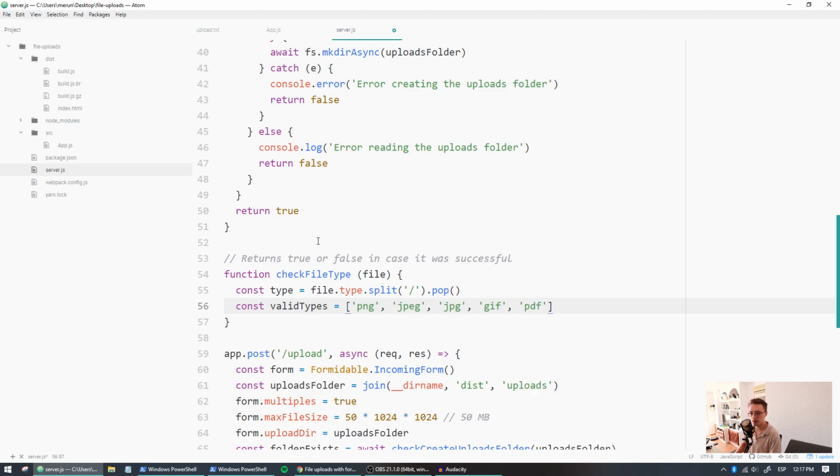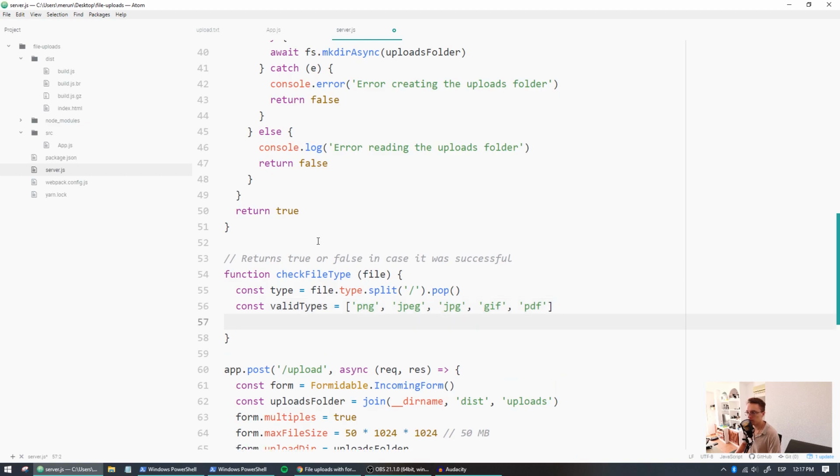I don't want any type of movie files. I don't want video. I just want pictures or PDF. It depends on you what you want to accept. So if validTypes.indexOf(type)